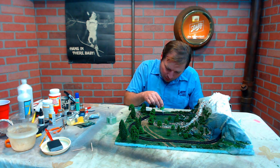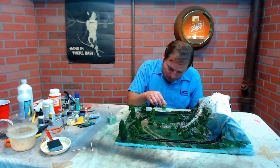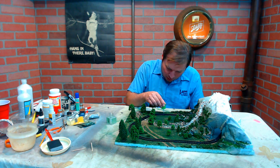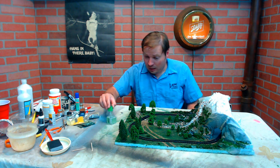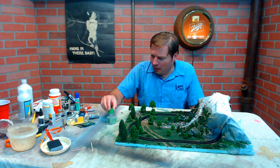And we're gonna do some other. We're gonna bond the track down to the foam, to the substrate here. So this is just the layer to keep everything together. And while we do that step,